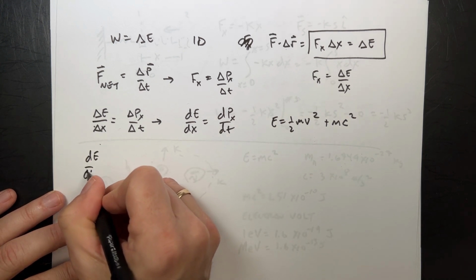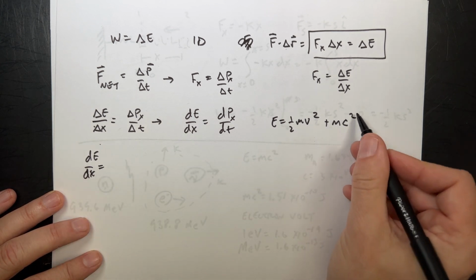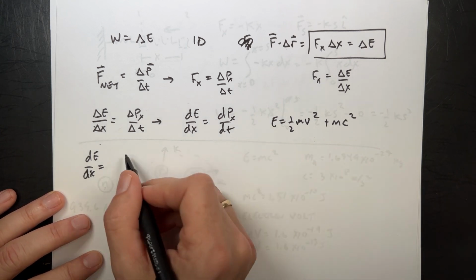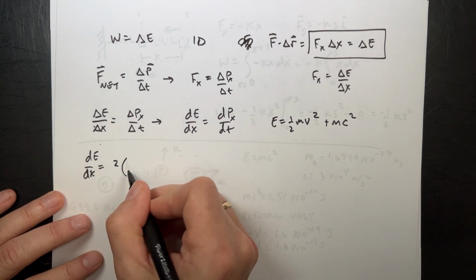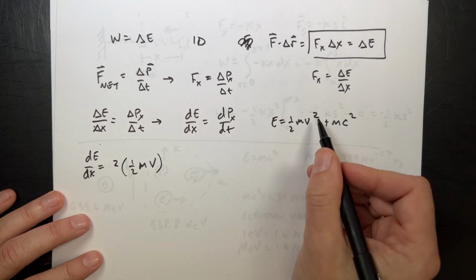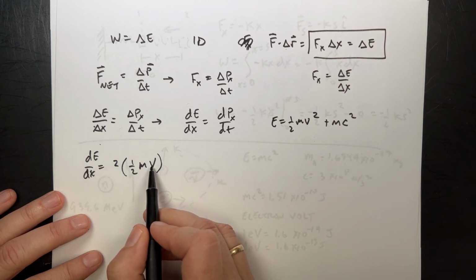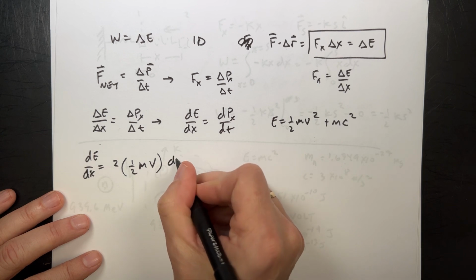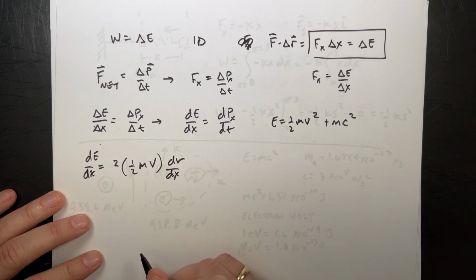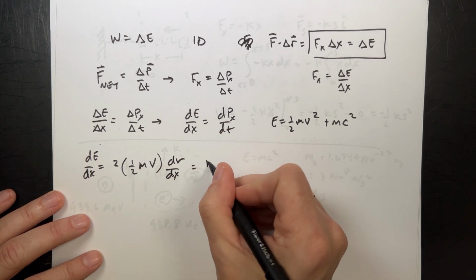dE/dx is going to be equal to the derivative of this with respect to x. This does not depend on x, so the derivative is 0. The derivative of this with respect to x is going to be 2 times 1/2 times m times v, right? I use the power rule to bring the 2 down front. But I have to also take the derivative of v with respect to x, the chain rule. So I get dv/dx. Okay, so now the masses cancel. I get mv